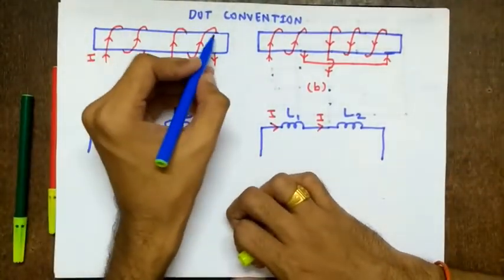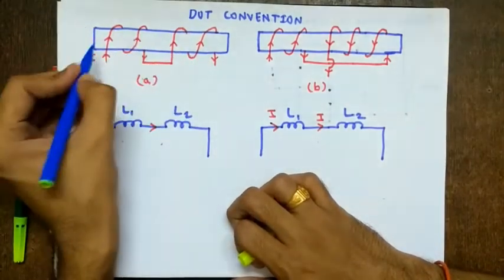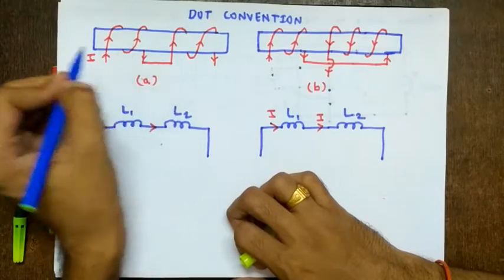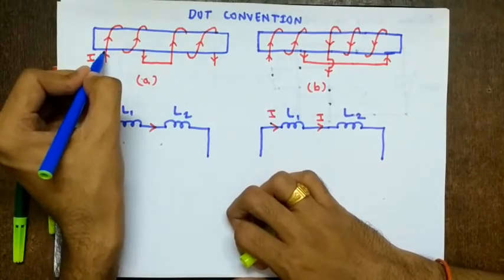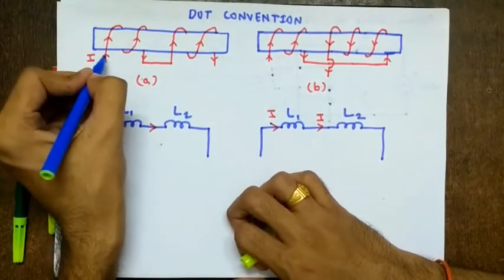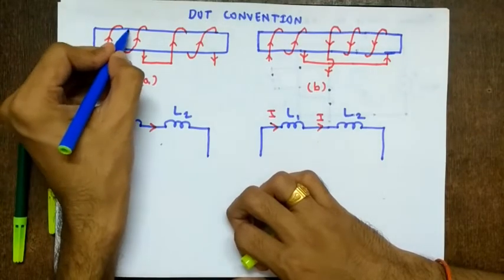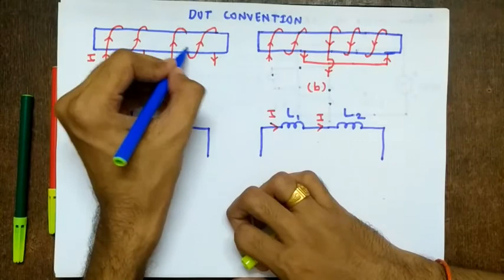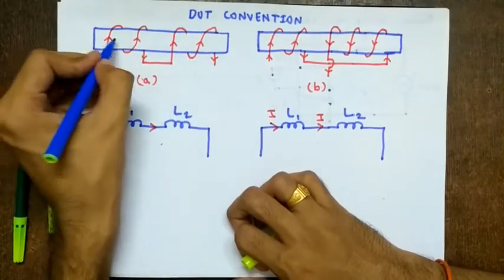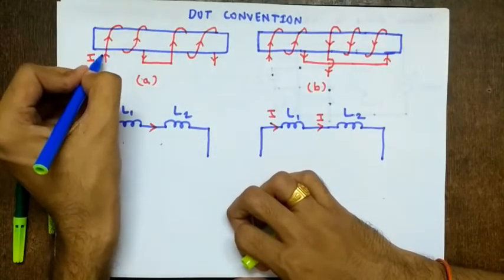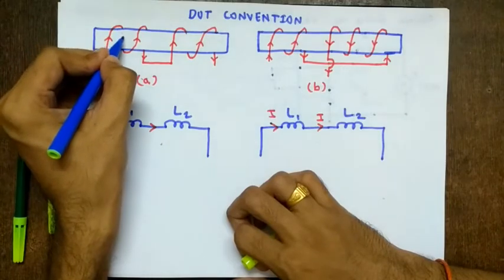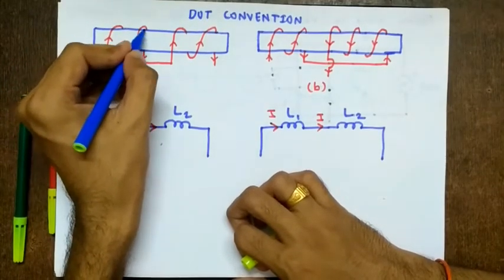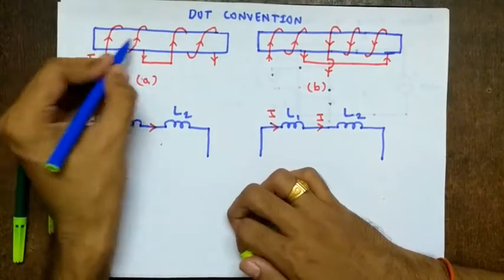So you see, this is a bar and the current is flowing in this way across that bar. I have shown the current with a red line. It is flowing like this. It is seen here, it is not seen here. It is seen here, it is not seen here. Again seen here, but not seen here. What does it mean? It is going like this, and then behind the bar it is going, again above the bar, and here behind the bar. Okay, so that is what it means.